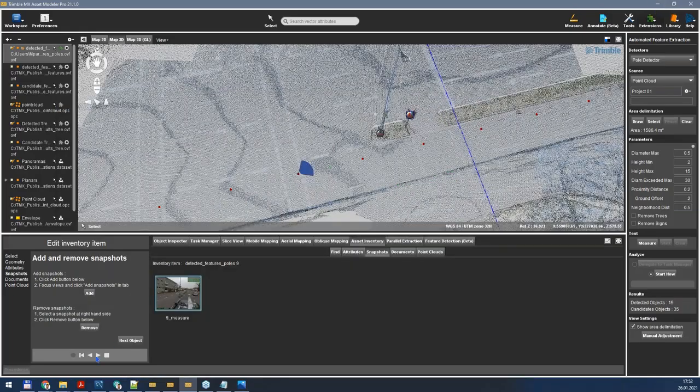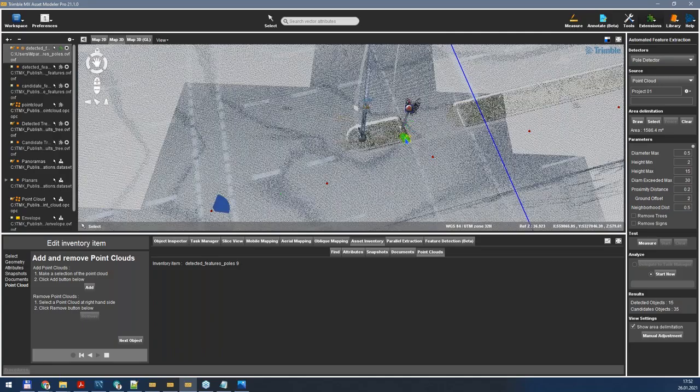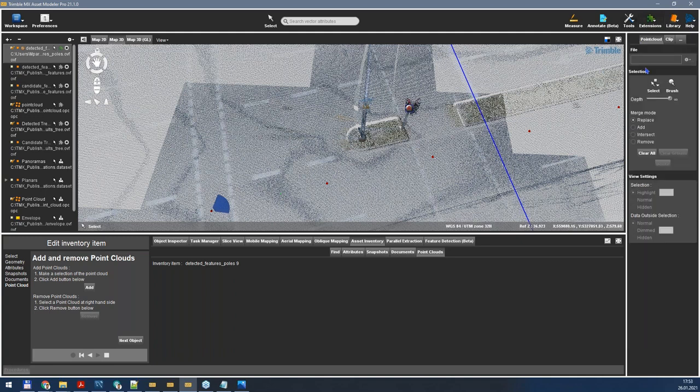The nice tool that we have now is that you could also add the point cloud that define this object. How we can do so? For example, if we have the trees that is already a single file for the detected feature, you could do so by selecting it. But if you want to extract it for a mobile mapping run, you could use the selection tool for point cloud, and you could select the point cloud for this and perform a rectangular selection out of the 3D map